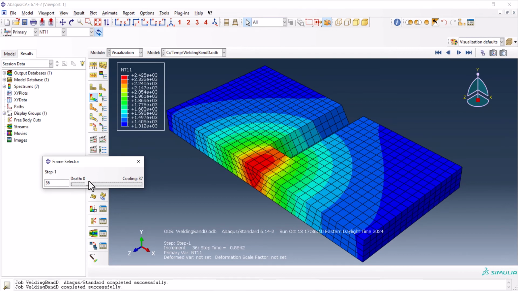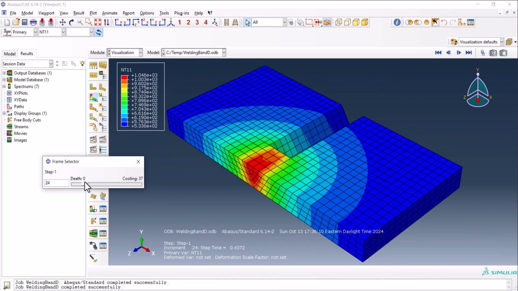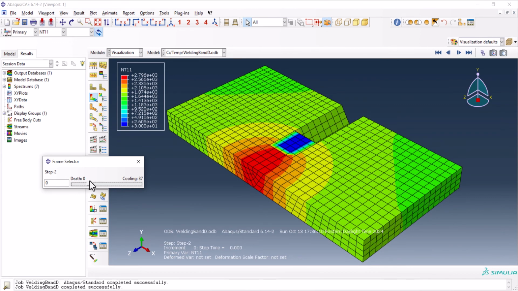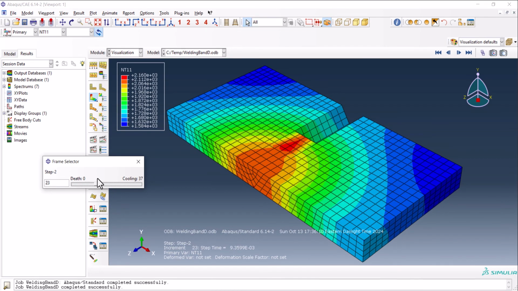As you see here, step 1 is created and the temperature is rising to somewhere above 2000 degrees centigrade, and this is the flux that goes to the next step,